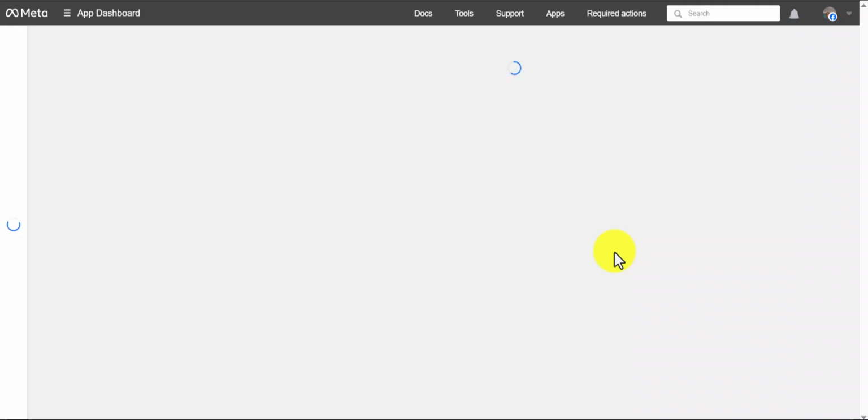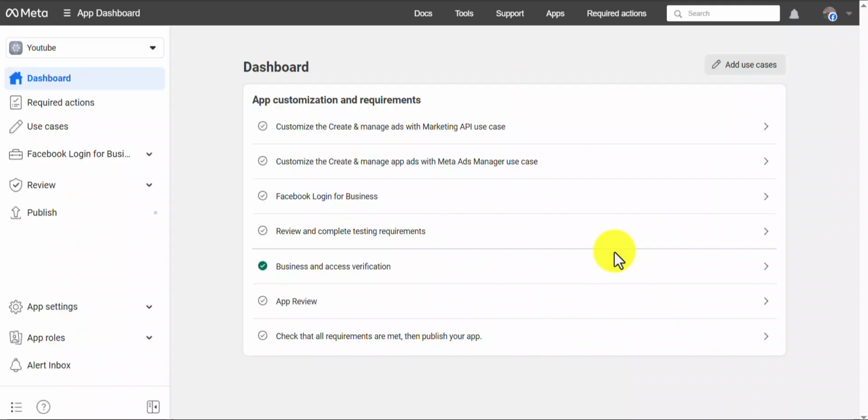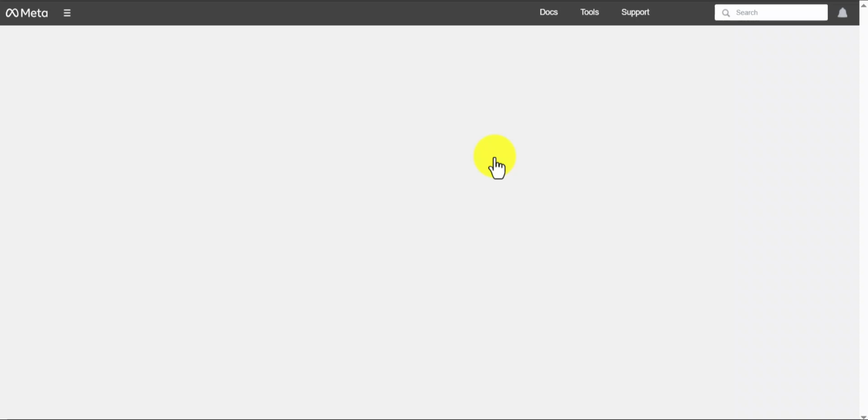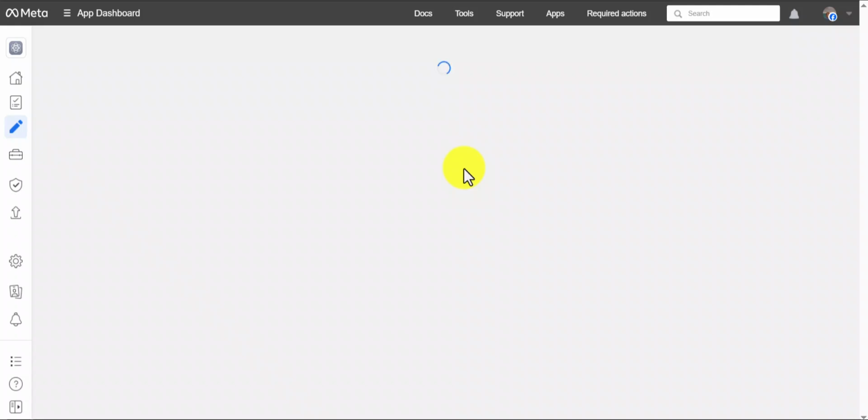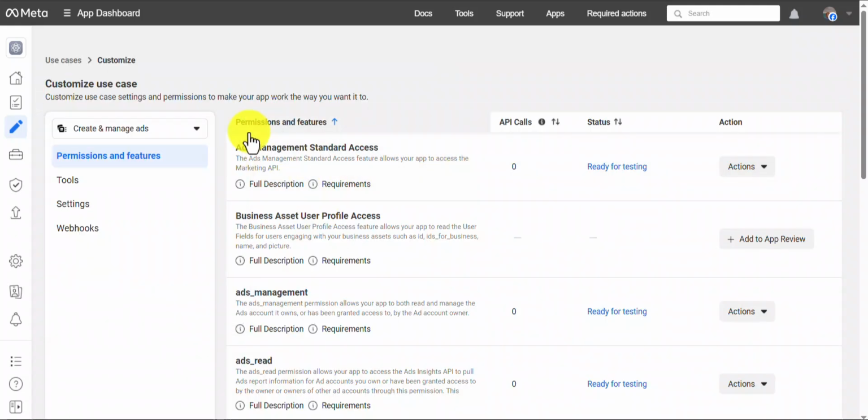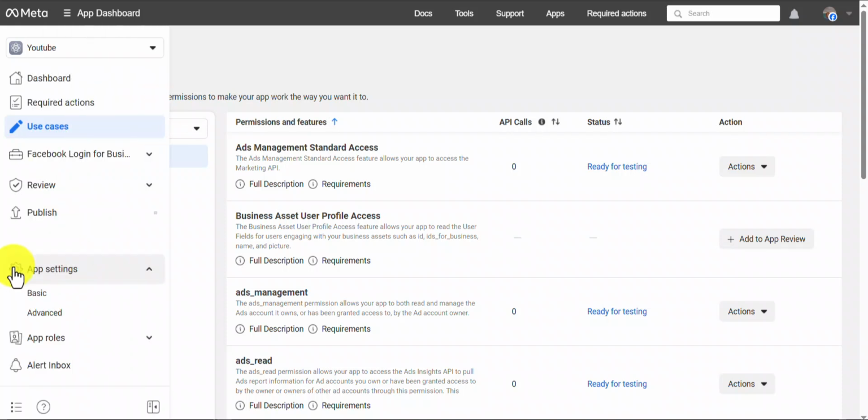Facebook is constantly changing the dashboard almost every day. So these are the assets that you have. If you have your business verified, the web with permission. But what is important is that you need to